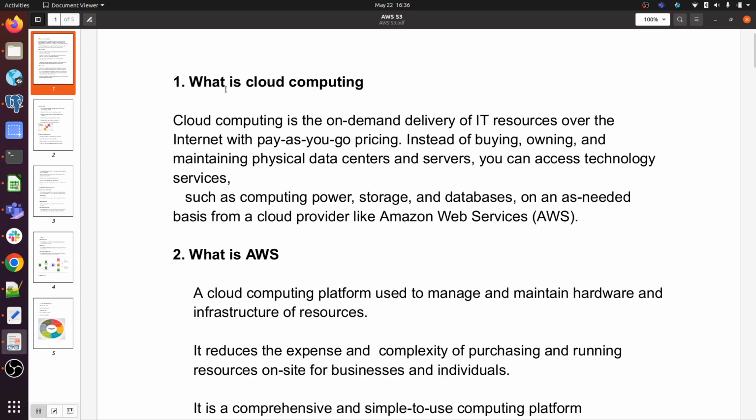Let's go ahead and start discussing our topic. So what is cloud computing? Before going to S3, let's discuss what cloud computing is. Cloud computing is on demand delivery of IT resources. So what is meant by on demand? Suppose you want 100 servers at a time, then you have to